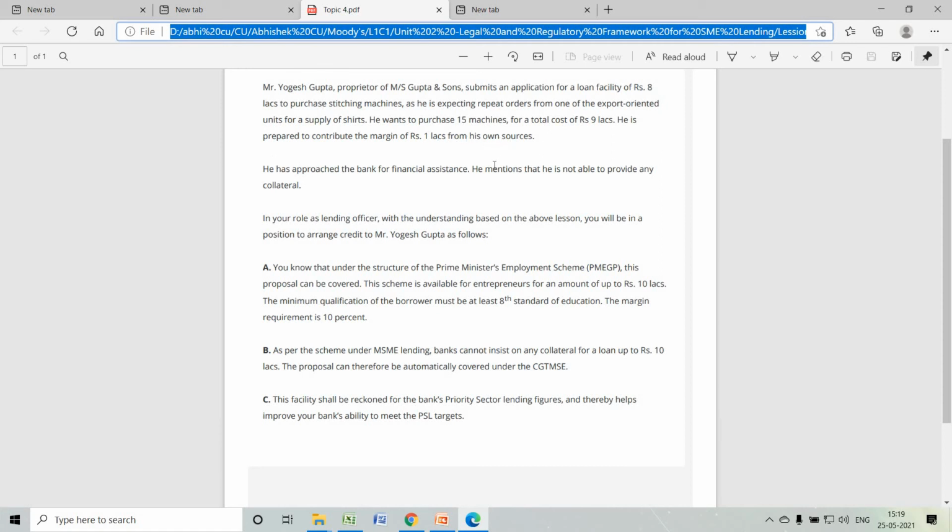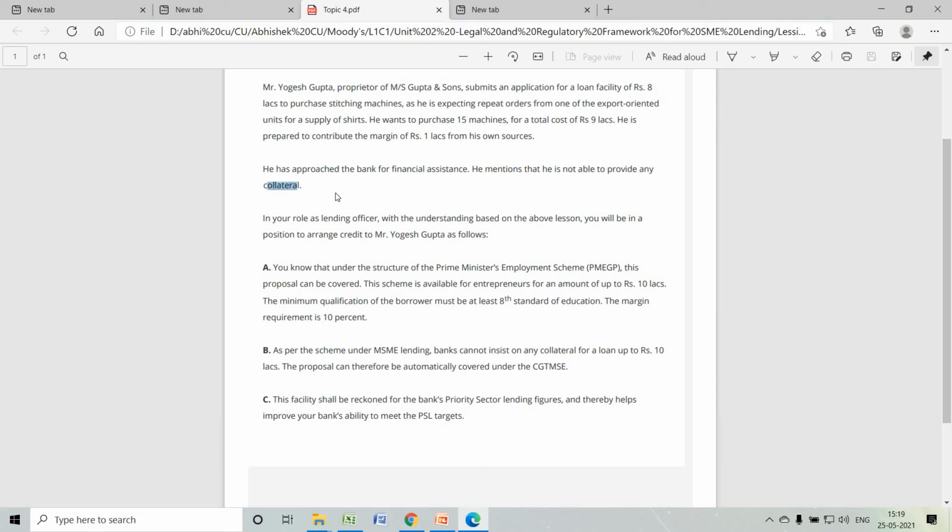So out of 9 lakh rupees, he is ready to give 1 lakh as margin money, and for the 8 lakh rupees he has to get it in the form of credit. Now he has approached the bank for financial assistance. He mentions that he is not able to provide any collateral. Right. So in your role as a lending officer, with understanding based on the above lesson, you will be able